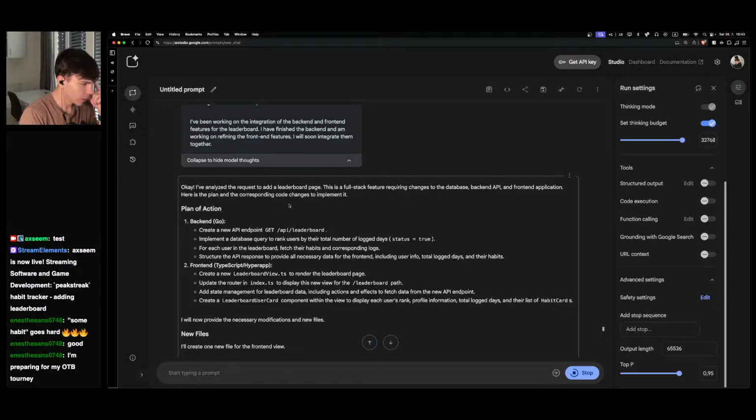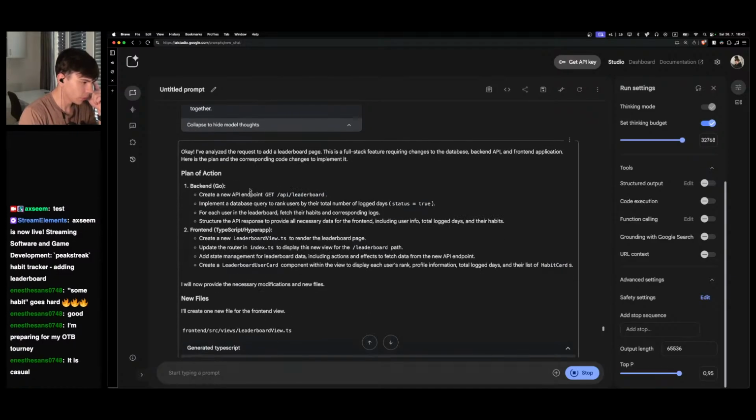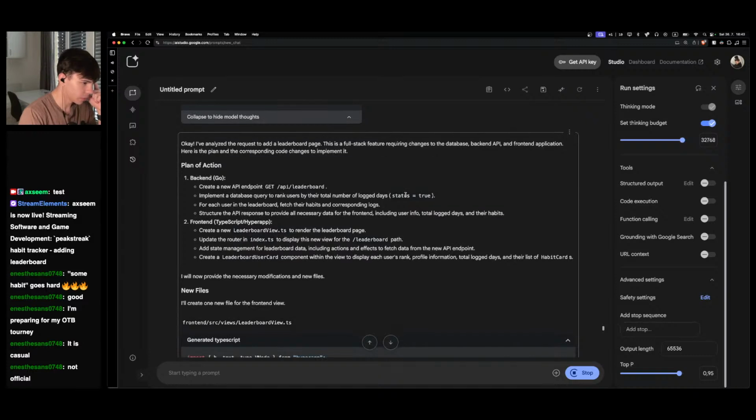Backend, create new API endpoint leaderboard, implement database query to rank users by their total number. Status, sure. Yeah, for each user in the leaderboard, fetch their habits for corresponding logs, structure the API response to provide all necessary data. Yeah,